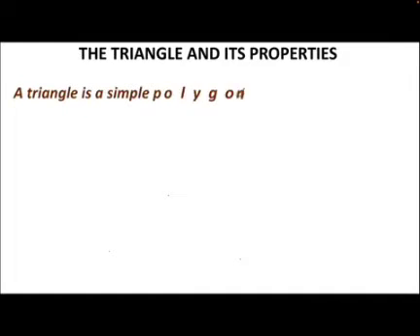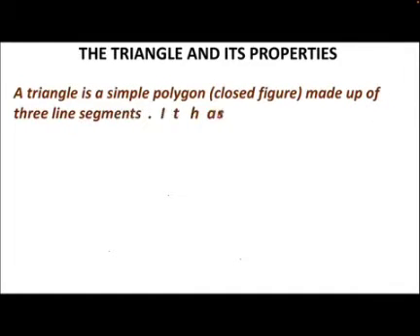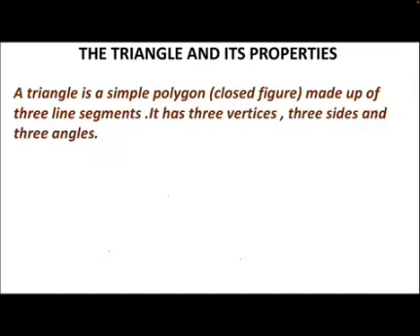So as you all know, a triangle is a simple polygon made up of 3 line segments. Polygon means a closed figure made up of at least 3 line segments. So the smallest polygon is triangle. It has 3 vertices, 3 sides and 3 angles. So the vertices are A, B, C. The sides are AB, BC and AC. And the angles are